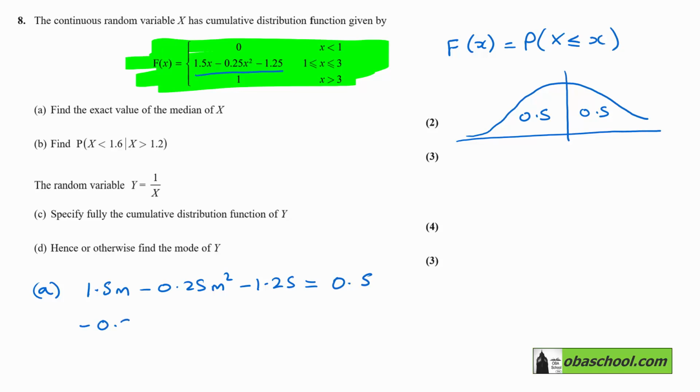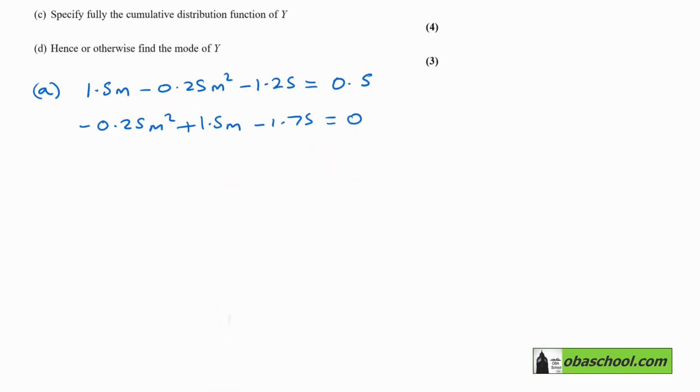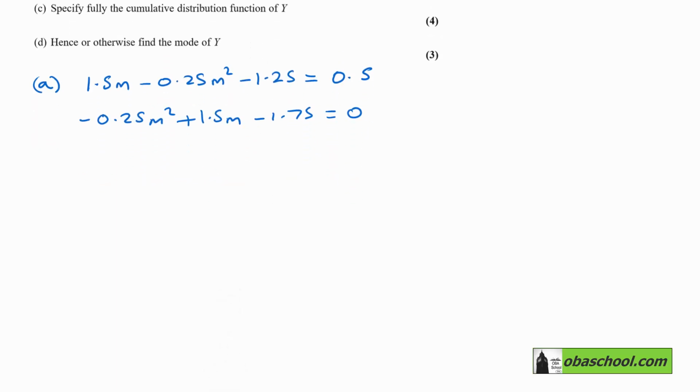We've got negative 0.25m squared plus 1.5m, take away 1.75 is equal to 0, and we can solve that probably by using the quadratic formula, or perhaps you have a feature on your calculator that can do that,